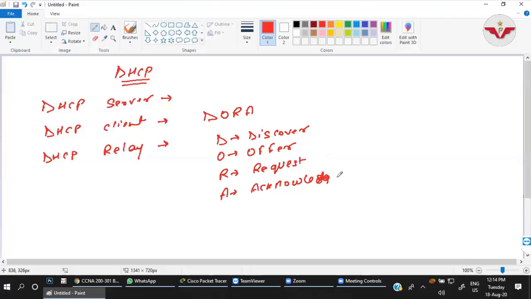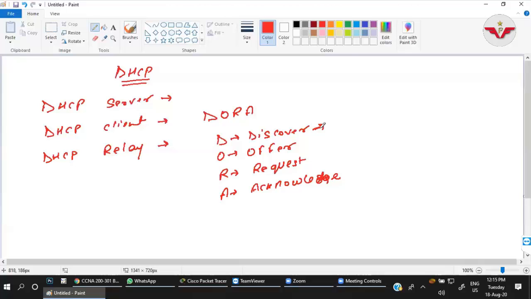Now, whenever any client connects to a network and requests an IP address automatically through DHCP, it sends the discovery message to the network. It means it will search for whether there is any DHCP server in the network that can provide the IP address.